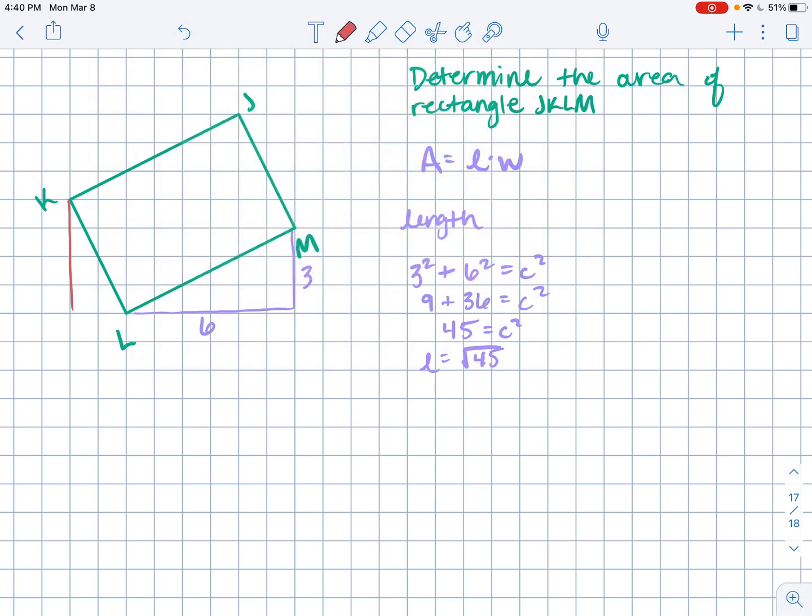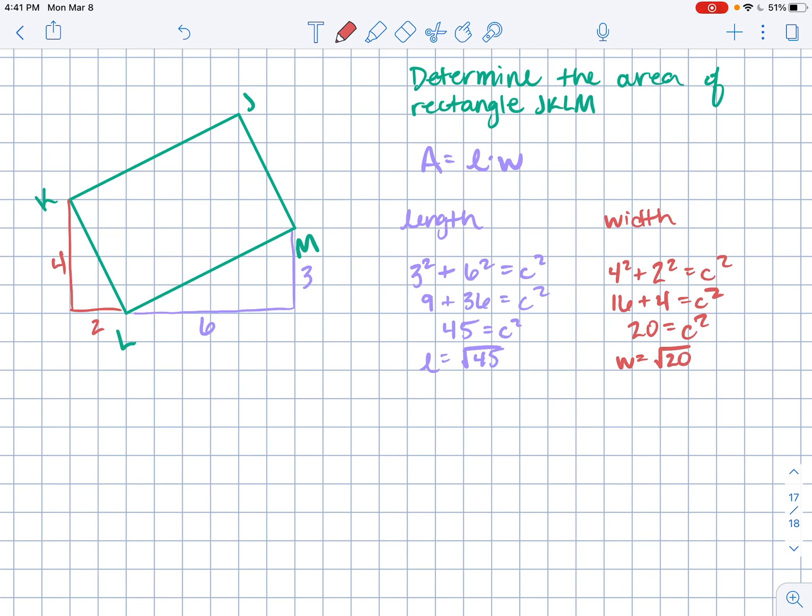So I'll use KL to represent my width. So this is 2 and 4 for A and B to plug into the Pythagorean theorem. So 4 squared plus 2 squared equals c squared. That's 16 plus 4 equals c squared. 20 equals c squared. So the width